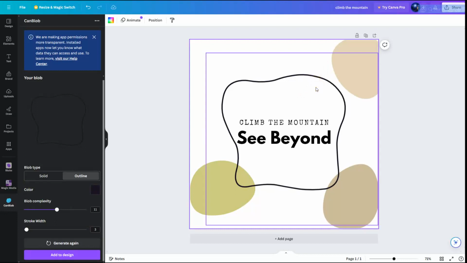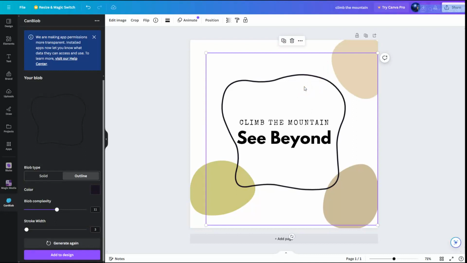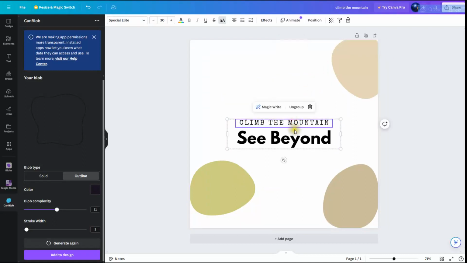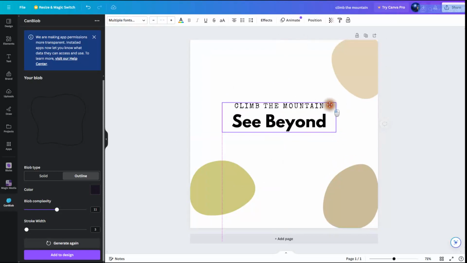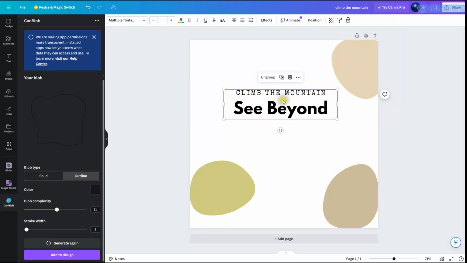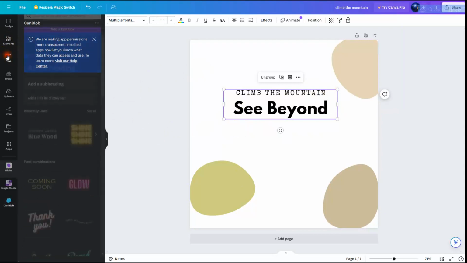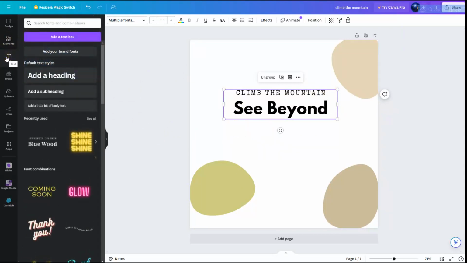What I'm going to do now is I'm going to show you how to curve the text. Again, I'm going to take out the complex blob. I'm going to move the text up here. And what I'm going to do is I'm going to change it so that my text, so I'm going to click on text here, and I want my text to be having an effect to it.